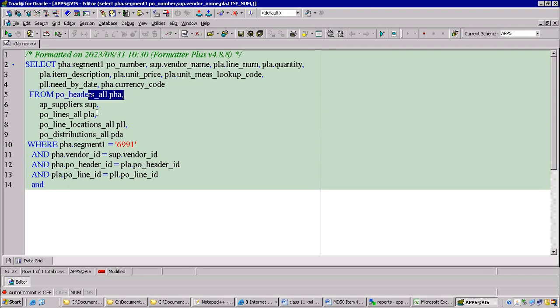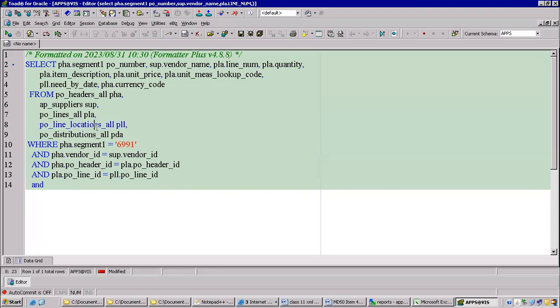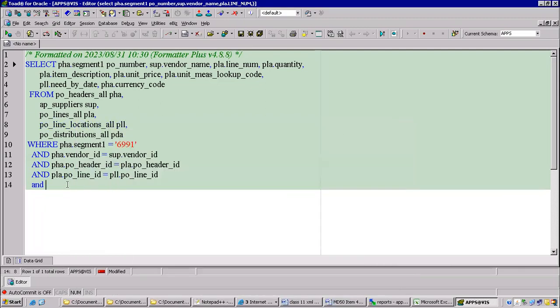PLA dot. Lines over, line locations completed. Next is distribution. So between these two only we have to make a join. What could be the join here? The join is line location ID, dot, is equivalent to